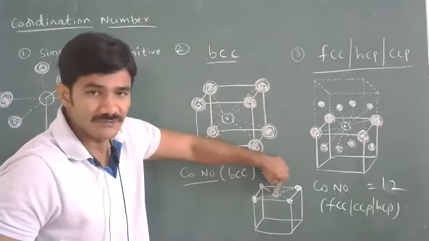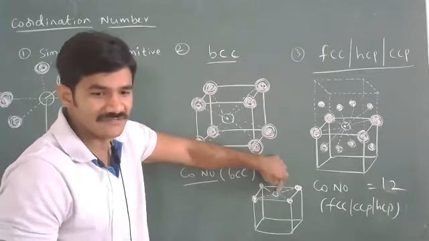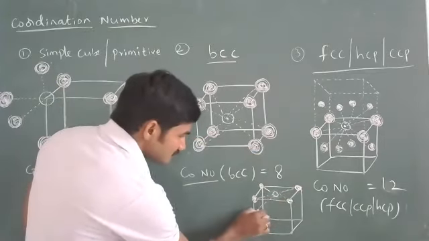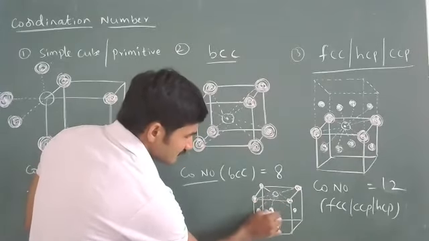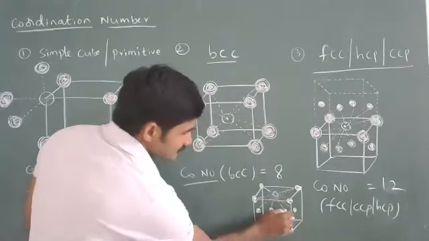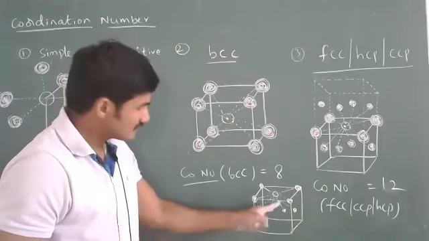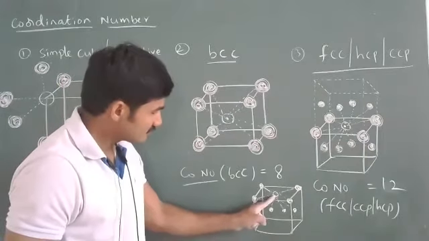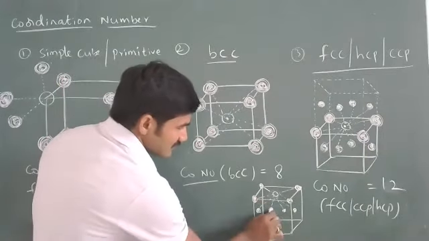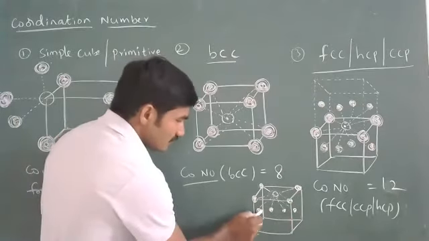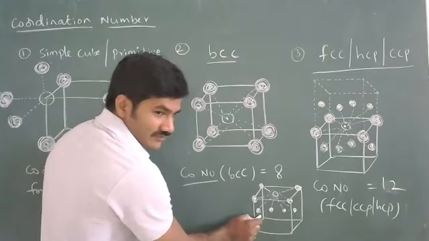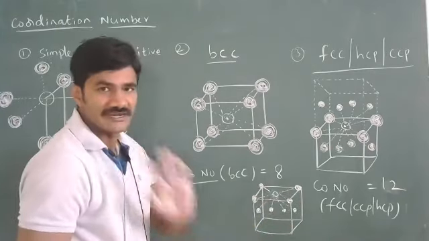For this face, which are the adjacent faces? This is an adjacent face, this is an adjacent face. Here, the front face is adjacent, the back face is adjacent. Yes or no? These two are adjacent faces. For this structure we have one center, and for this we have one center. Okay, and total here 1, 2, 3, 4 corners, and 4 adjacent face centers. These are 4 corners. There you will get 8.